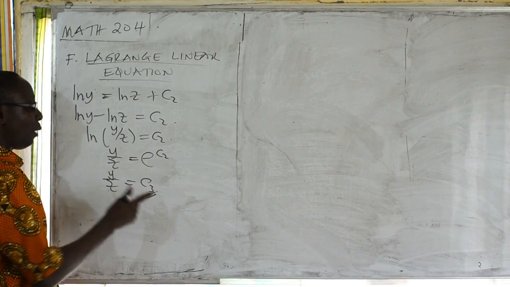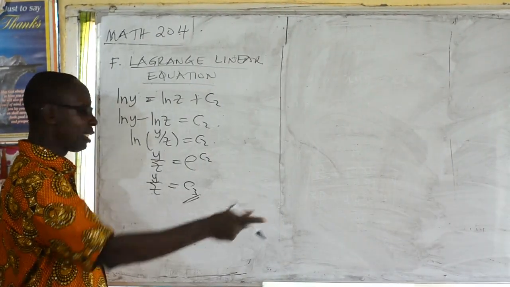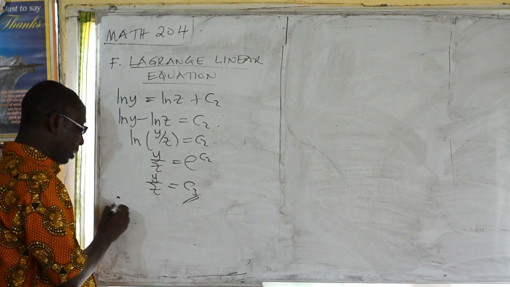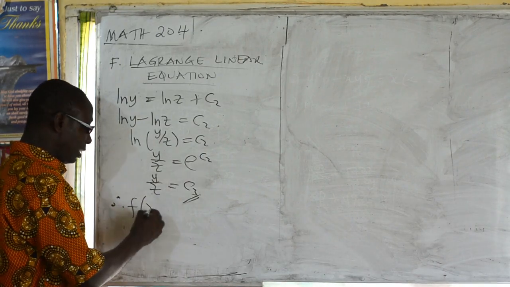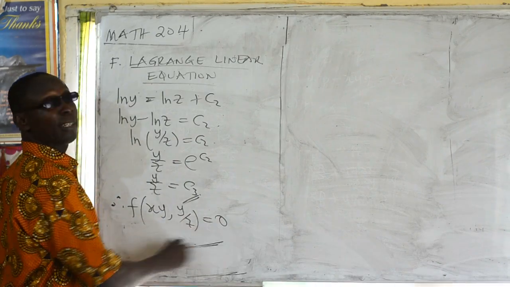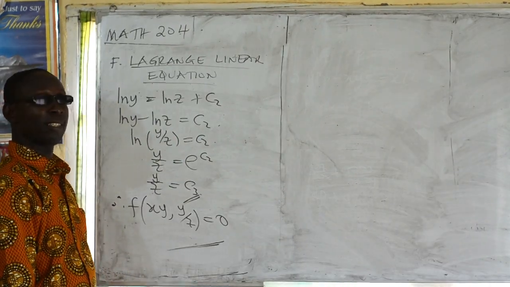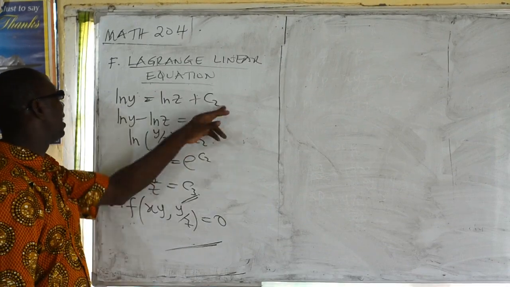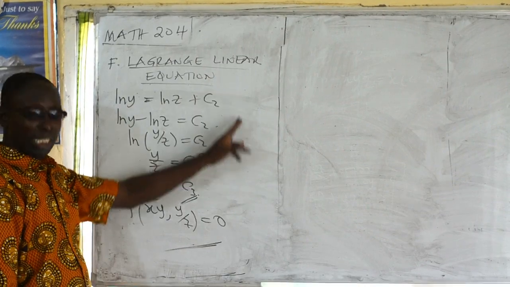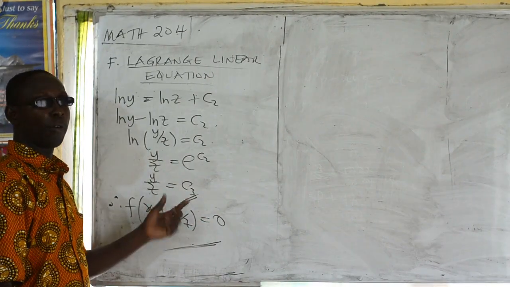Now, comparing these two answers, the first one we had xy is equal to c1, a non-zero constant. This is y over z is equal to another non-zero constant. So therefore, per the rule that we learned, we have f of xy, comma, y over z is equal to 0. This is the solution. Even though we have integrated to get this, we try to put all the variables on one side and leave the constants on the right hand side. Make sure we get our answer in the simplest form before we apply whatever